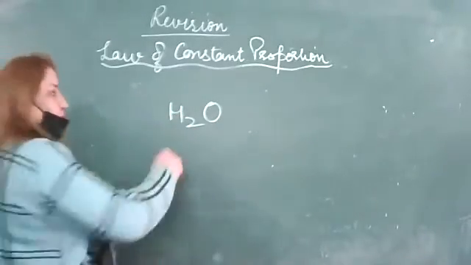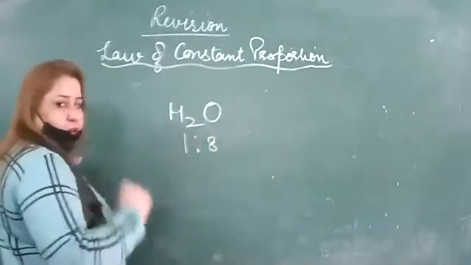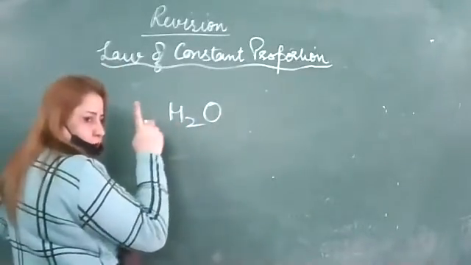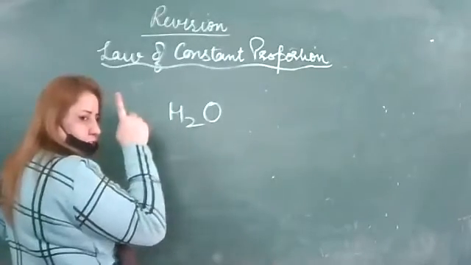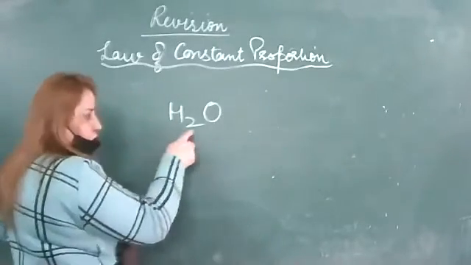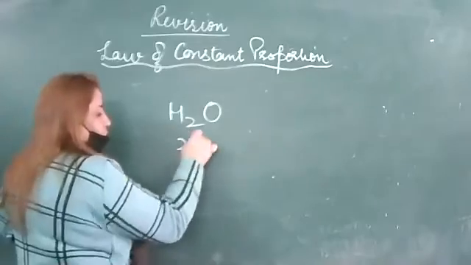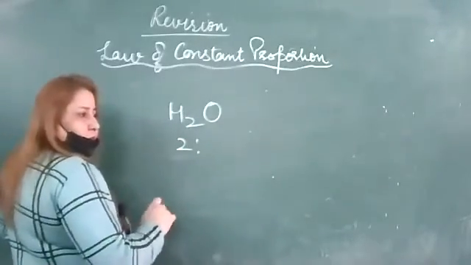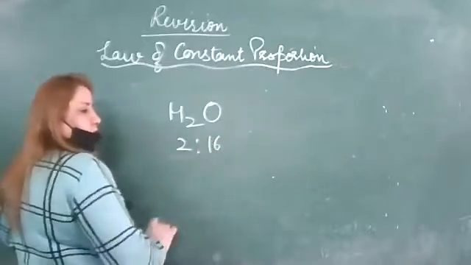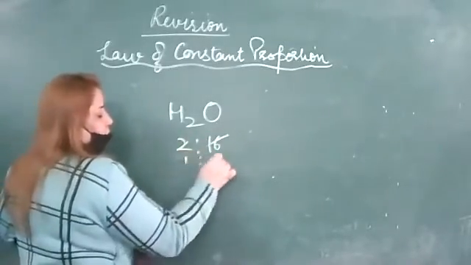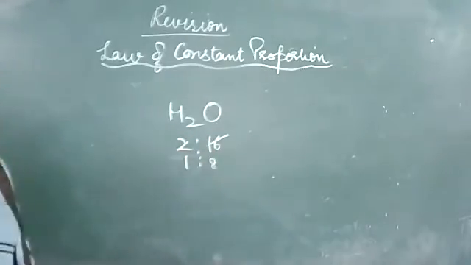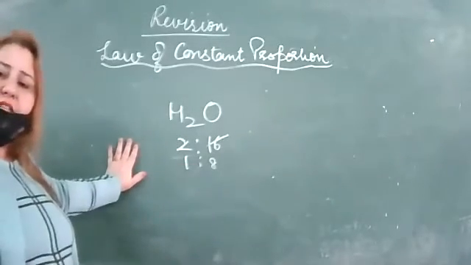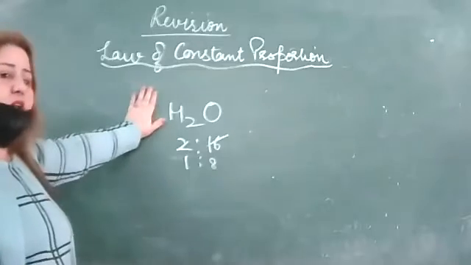That is 1:8. Do you know how it comes? Look here. How many hydrogen are here? 1, a pair, so 2. The mass number of hydrogen is 1, 1, and how many are here? 2, 1 into 2, that means 2. Oxygen atomic number is 8, mass number is 16. So 2:16 is 1:8. From anywhere you take water, its ratio remains the same, 1:8, and the formula remains the same.